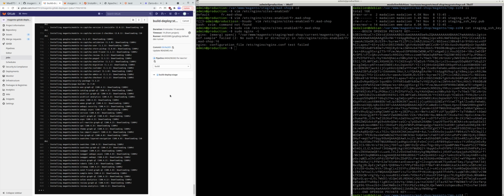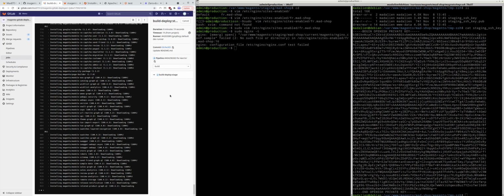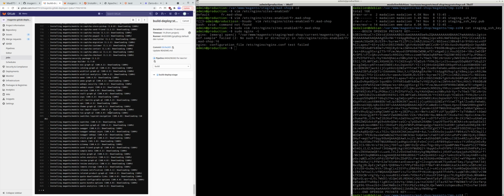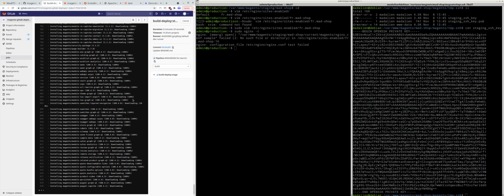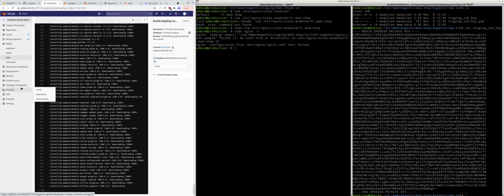If you want to accelerate things a bit for performance reasons, you can, like I said, host your own GitLab runner with sufficient resources, like